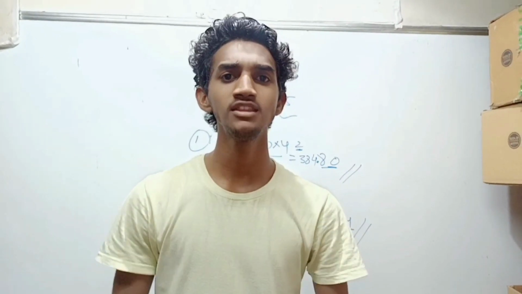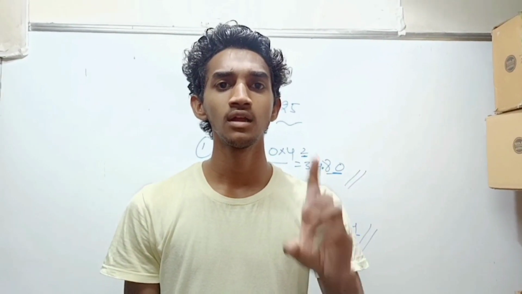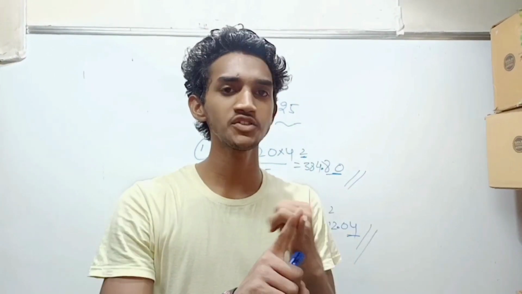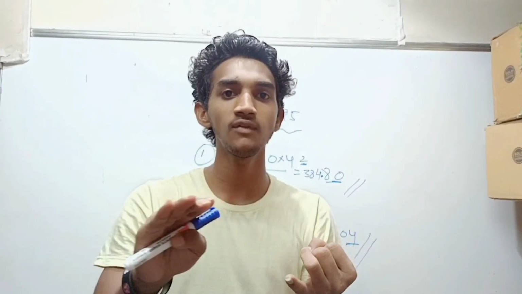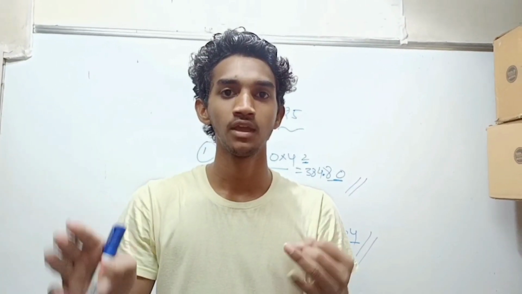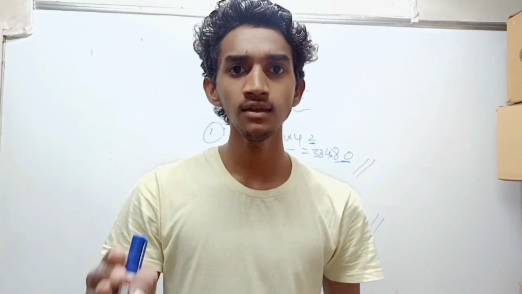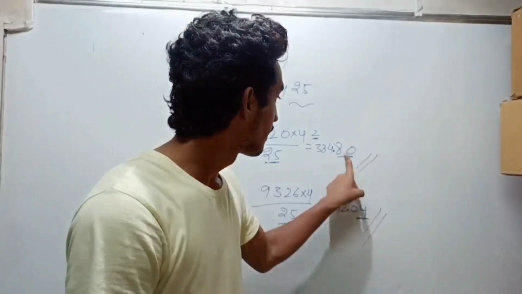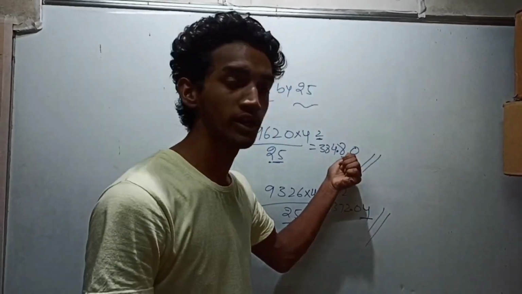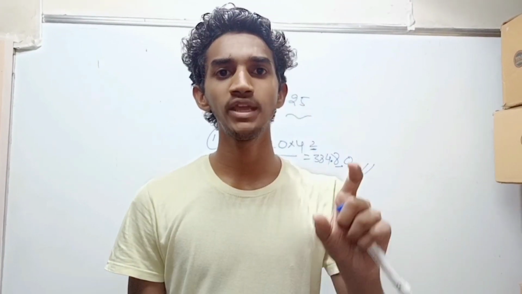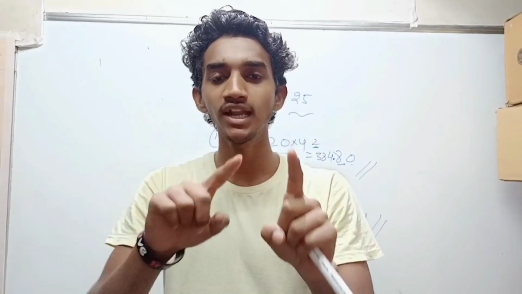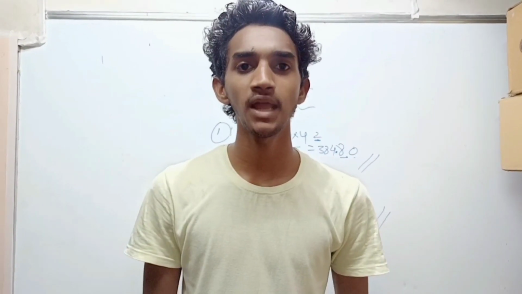So in the first trick you have to remember one thing, that we have to take half of the number and put directly 0. In the second trick we have to multiply the numerator by 2. Then we remove the last digit, leave the last digit and put the point second from the right. In the third and last trick, don't be confused. Here when it is divided by 25, we have to multiply with 4.